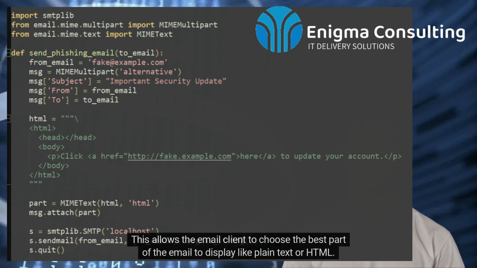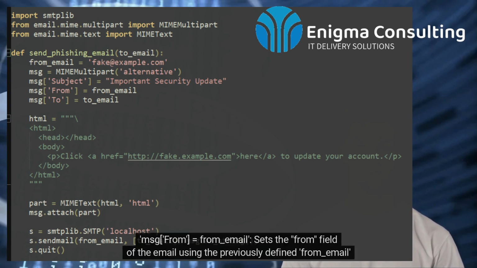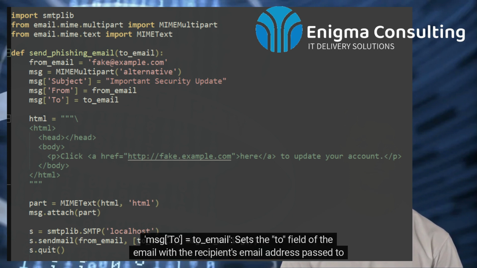This allows the email client to choose the best part of the email to display, like plain text or HTML. msg['Subject'] = 'Important Security Update' sets the subject line of the email. msg['From'] = from_email sets the from field of the email using the previously defined from_email variable. msg['To'] = to_email sets the to field of the email with the recipient's email address passed to the